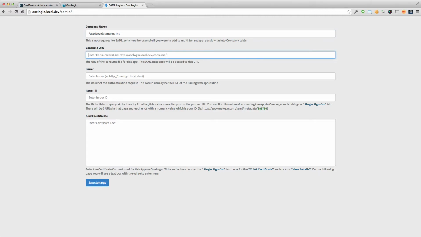And now we need our consume URL. Now, following the way my local app is, we're directing the consume CFM right at the root, so it'd be /consume. I give you an example in the placeholder. So I'm just going to enter that here. Consume. And then our issuer is basically our own